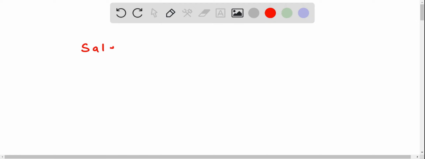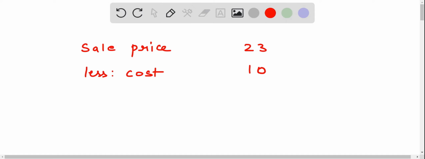The sale price is given as 23, less cost, which is given as 10. So our profit per basic kit